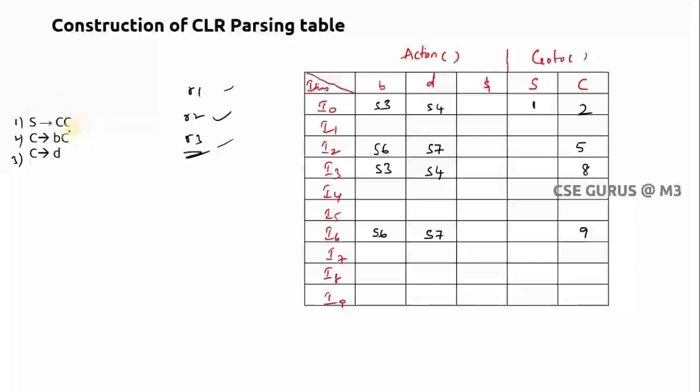So how to write this one? If you compare this with the SLR parsing table, what we have done there, where you have written R1, you checked where this production is completed. That means at the end you need to find the dot, and after that you find where you need to write. Here, in SLR, you went for follow. What is the change here: first finding I0 or I1 or where I need to write R1 is common, but here no need to go for finding the follow of a particular non-terminal. Why? Because here you are readily available with look aheads, so that's not required.